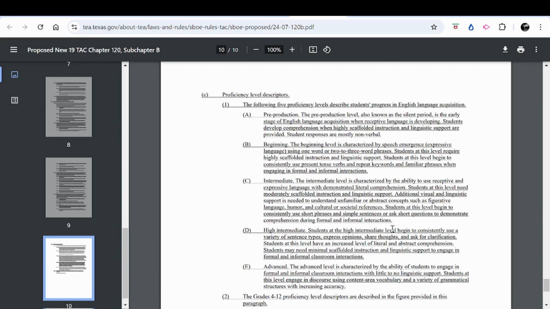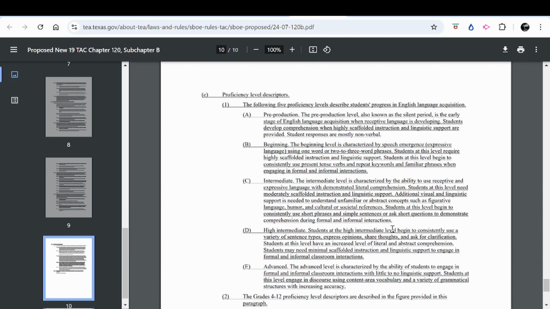C. Intermediate. The intermediate level is characterized by the ability to use receptive and expressive language with demonstrated literal comprehension. Students at this level need moderately scaffolded instruction and linguistic support.